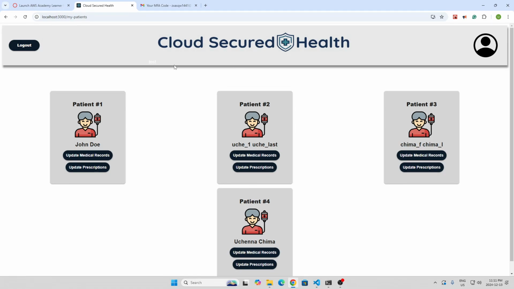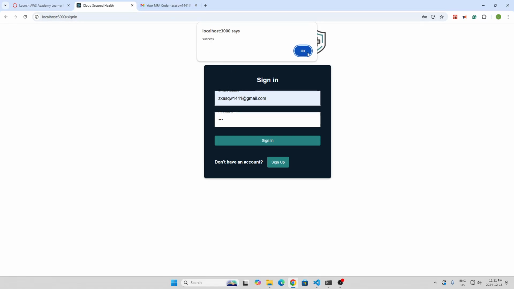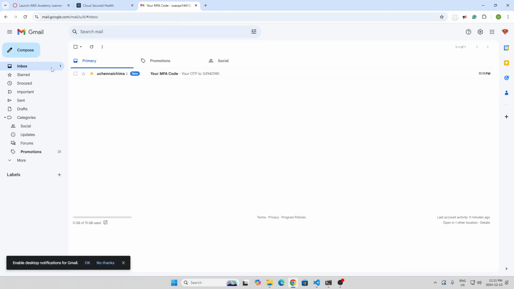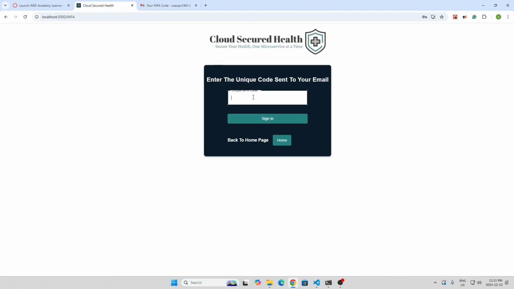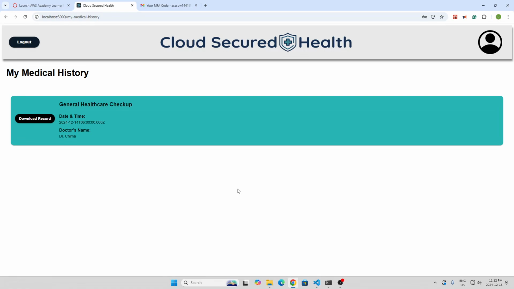So from the patient side of things, if I were to log out of my healthcare professional account and I logged into the patient account, I'll now be able to view that medical record. So give me 1 second here to log in and show that functionality. And as you can see here, my medical history for that specific appointment, I can now see that record is uploaded into the system, and I can download the record if I wanted to do so. So to download the record, all I need to do is press this download record button over here,